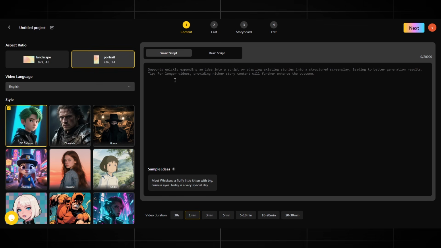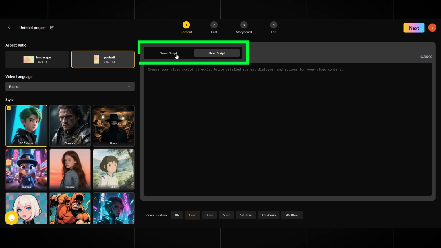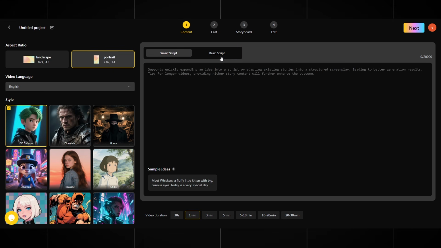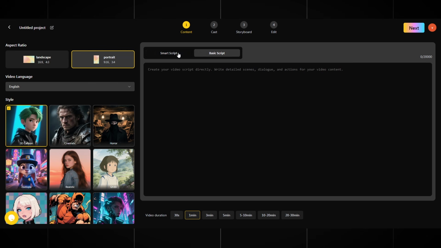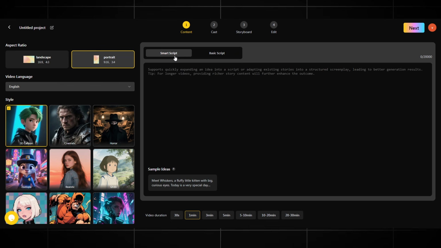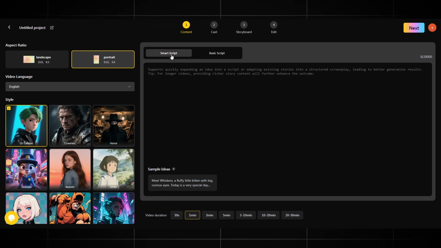Here you must take it seriously. Otherwise, you will not get the result you need. There are 2 sections: basic prompt and smart prompt. In my opinion, it is better to choose the smart prompt. It makes things easier. To write a good prompt, we will use ChatGPT or any other text assistant, for example, DeepSeek or Gemini, it doesn't matter.